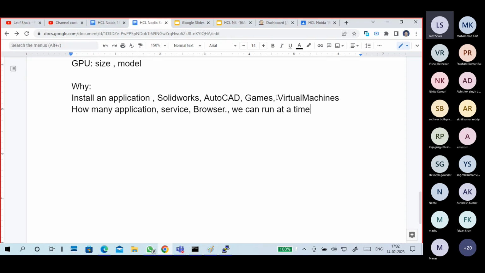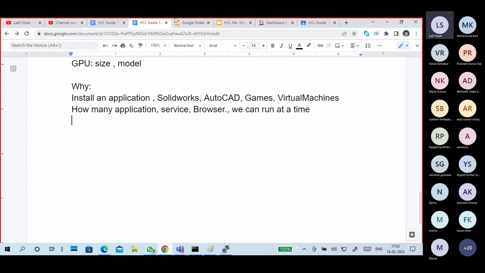I can run AutoCAD, I can run Solidworks, I can play a game, I can run a virtual machine. But how many? While Solidworks is running, can I use AutoCAD at the same time? Maybe, maybe not. It purely depends upon your system capacity.